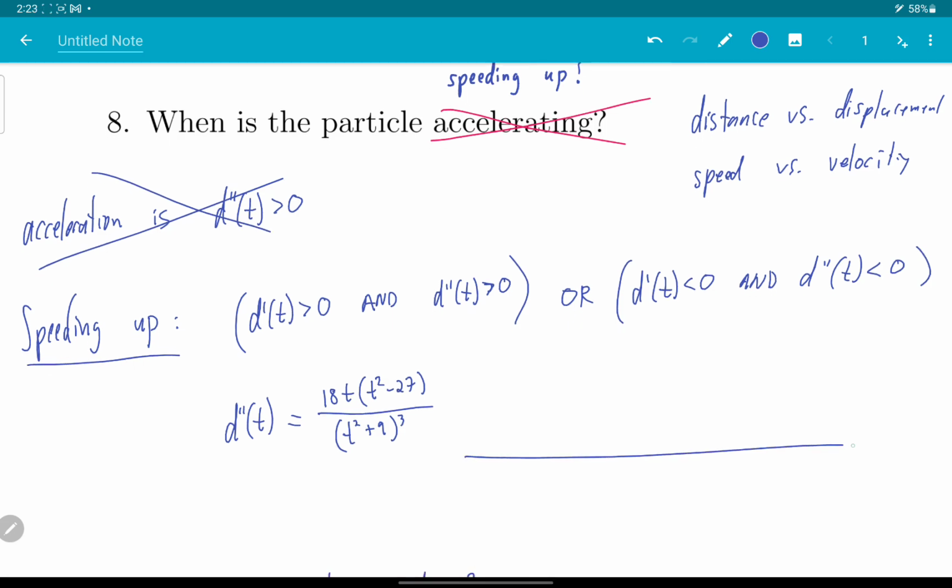So if I do a table of values for this thing, and I find out when it's bigger than 0,